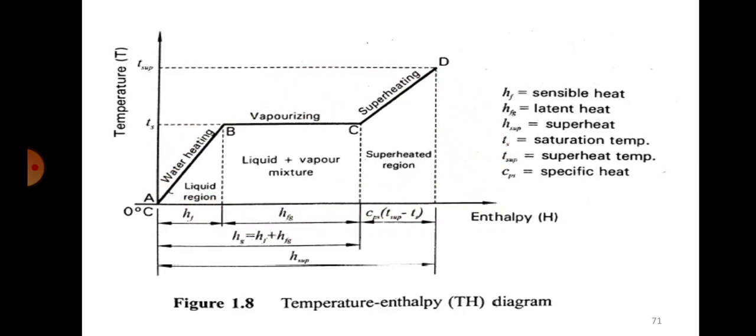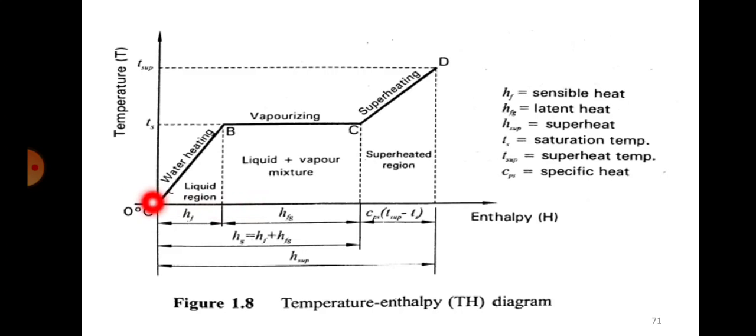Okay. So the same sketch which I showed you in the previous slide also has to be drawn, and also this has to be drawn, and you have to relate it. What is happening at point A, what is happening at point B, what is happening at point C, what is happening at point D. You have to explain that. So let's say initially, as I told you, you will be taking water at 0 degree Celsius. Okay, initially water will be taken, and you will start heating the water.